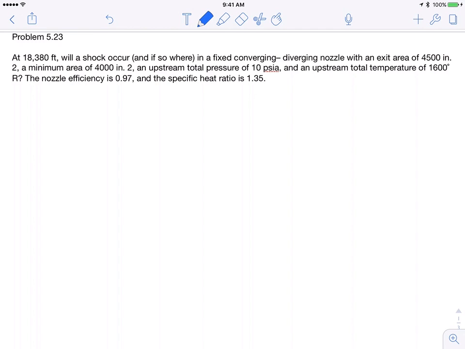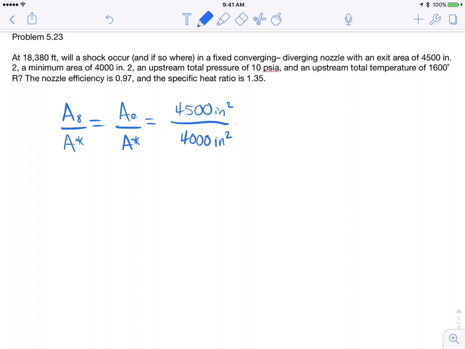So to begin with, we need to calculate our area ratio. We know that the area at our exit, A8, is 4,500 square inches. And we're looking for the ratio of that exit area to our throat area, which we'll recall A star. The assumption here is that the throat would be our choke area, so the minimum area in our nozzle is 4,000 square inches. So our area ratio, A over A star, is going to be